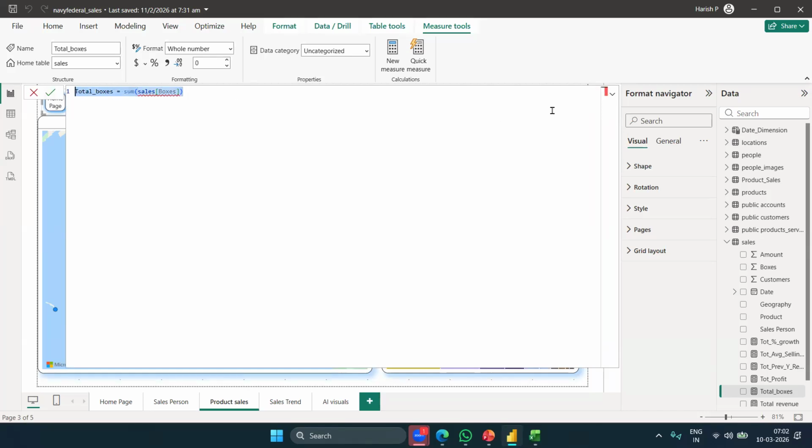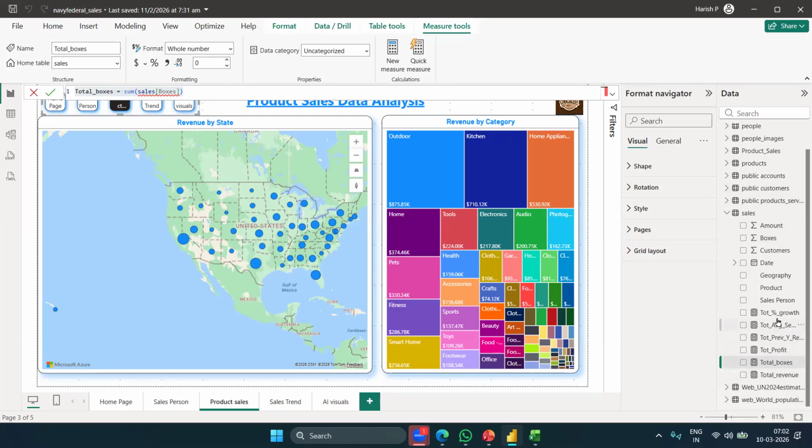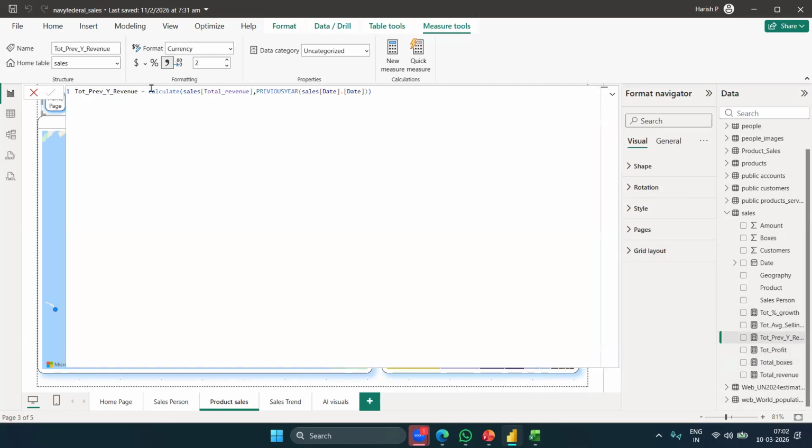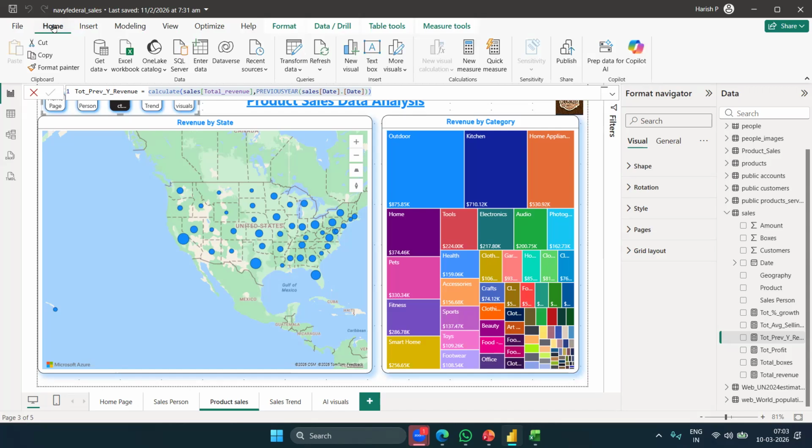Total box is equal to sum of sales, right? And if I show you something like total previous year revenue, so we have a calculate function, simple, easy lines of code that we are going to write, easy to understand and easy to learn also, right? And another interesting thing is, Power BI itself writes all the code that is required to run this